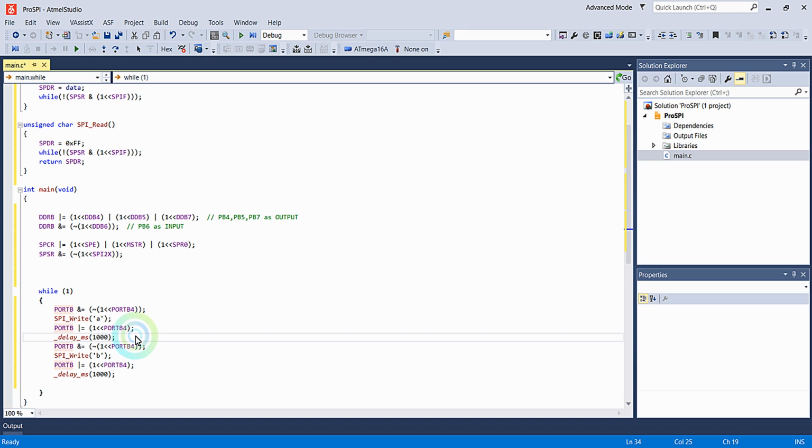Here I can see the programming logic is very simple. I am just pulling the slave select pin low and I am passing character small a, and again I am leaving the slave select pin high, and after that I am waiting here for 1 second. After 1 second, again I am pulling the slave select pin low and I am writing the data b to the slave device, and then I am releasing the slave select pin, and after that I am waiting here